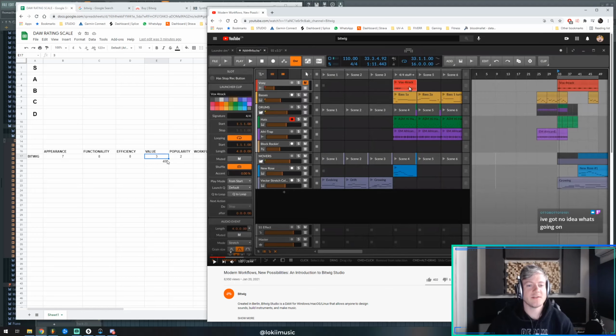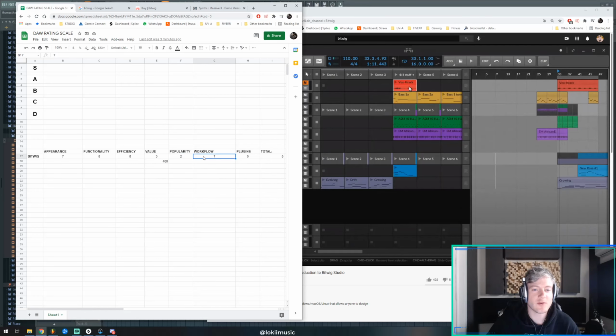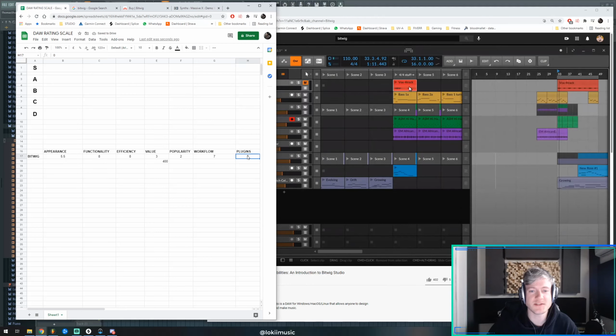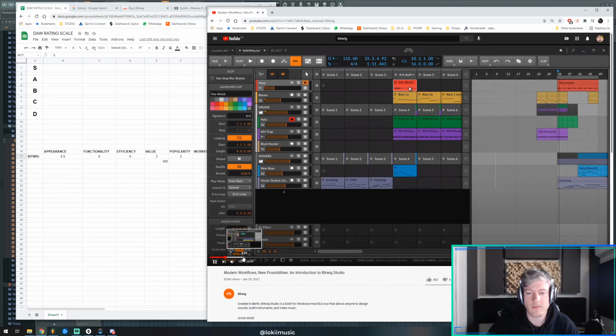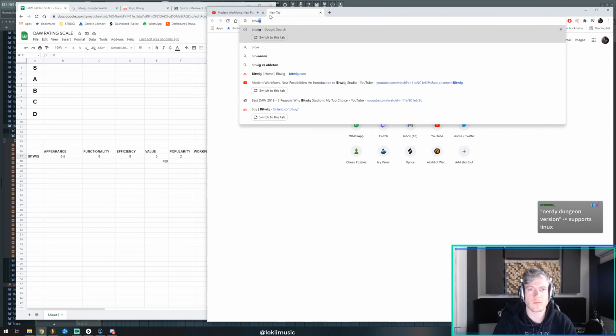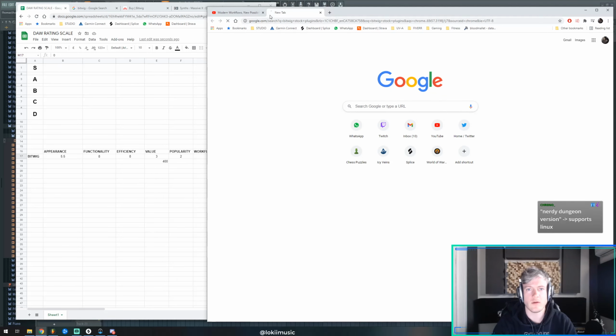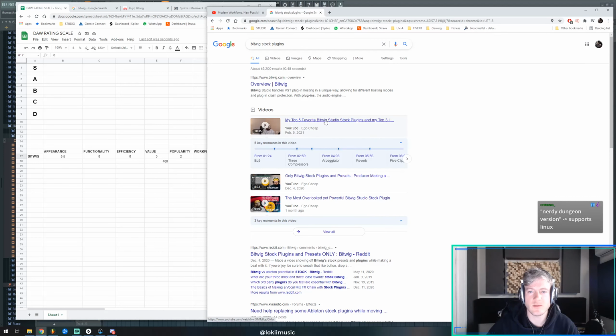So I'm gonna go popularity still low though. Workflow looks decent, like I don't know, 7. Appearance, nobody likes it, so let's do 5.5. Functionality, so how powerful is it? It looks pretty functional. Plugins, we still have no idea. I don't want to beat this horse to death, but